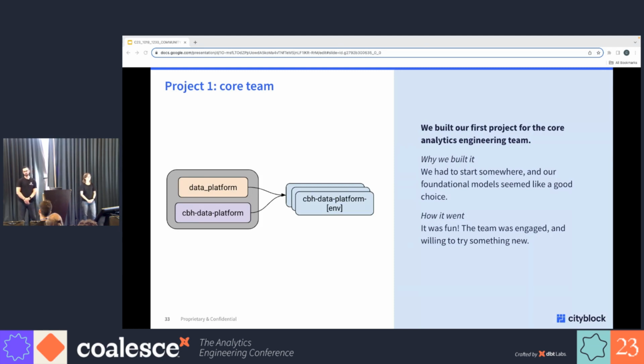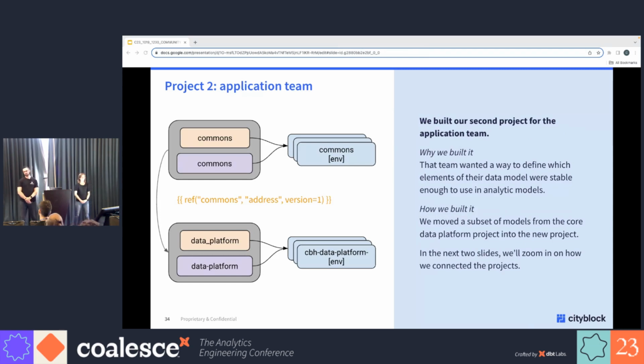So, project one, we started with our core team of analytics engineers. We thought we had to start somewhere, and our foundational model seemed like a good choice. And it went very well. The team was engaged, and they were willing to try something new. So that was awesome. Project 2, on the other hand, we found ourselves doing a lot of copying and pasting,